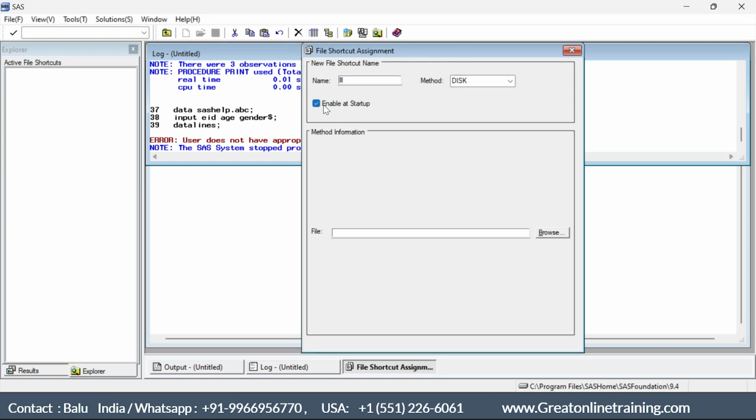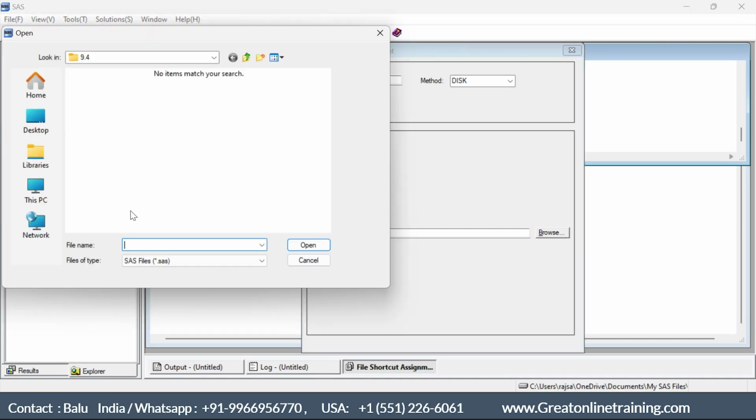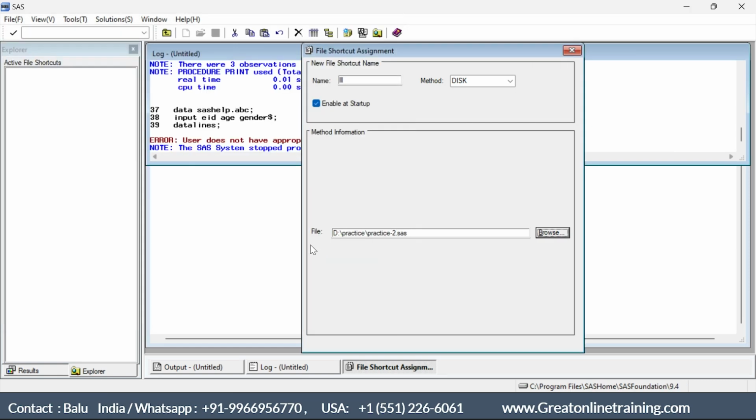That means automatically, whenever the system starts, whenever SAS is launching, this particular program will get connected from where that program is located. So I know that the program is located on my D drive in this particular location called practice. In this location called practice, Practice 2 is the file I use every time for my purpose. So what I'll do is,